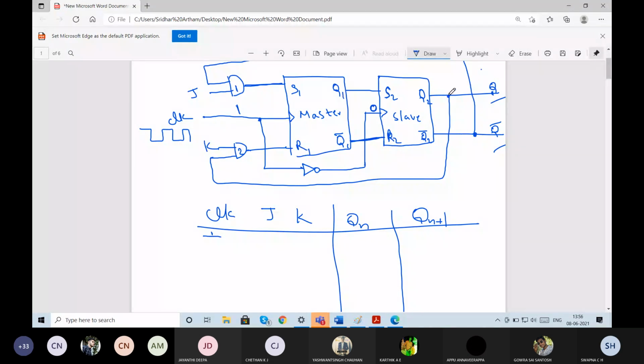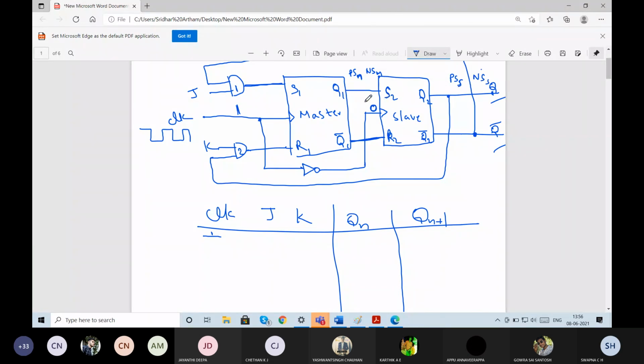When it is inactive, what will it do? It will just maintain the values of the master. It will stay in its own state and will not change its state. So how will it get the state? It will get it from the master. Since when the clock is equal to 1 the master is active, I'll take the present state of slave, PSS, and the next state of slave, NSS, that I need. The PS of slave and PS of master will remain the same, right? Any doubts? Here, the suffix M indicates master and the suffix S indicates slave.